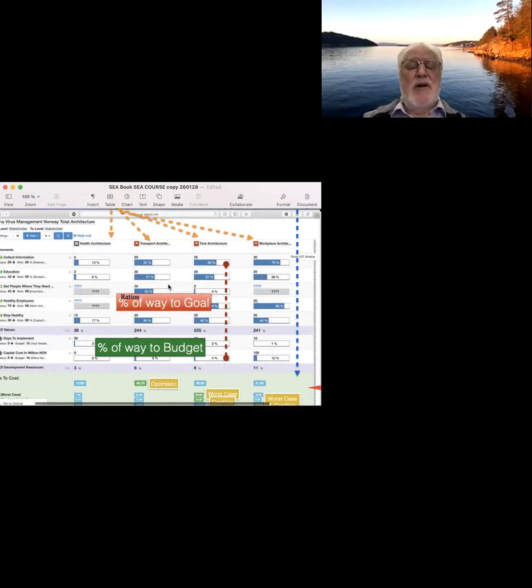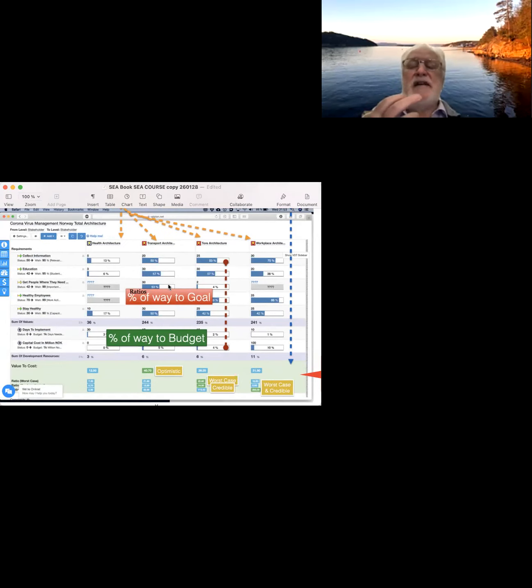Basically, in small teams, people pick one stakeholder, could be the Department of Health, and then I asked them to find just one value or requirement that's dominant or critical for them. Let's just say it was get people where they need to be, okay? And then I asked them to find one architecture component, let's just say transport architecture, which will get us there. I guessed on that because it had the most here. And then